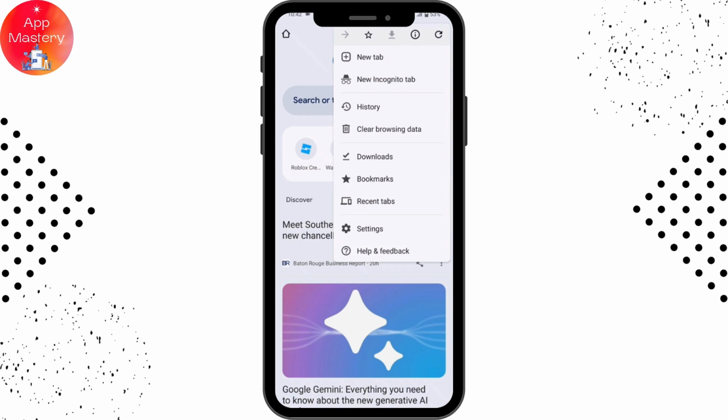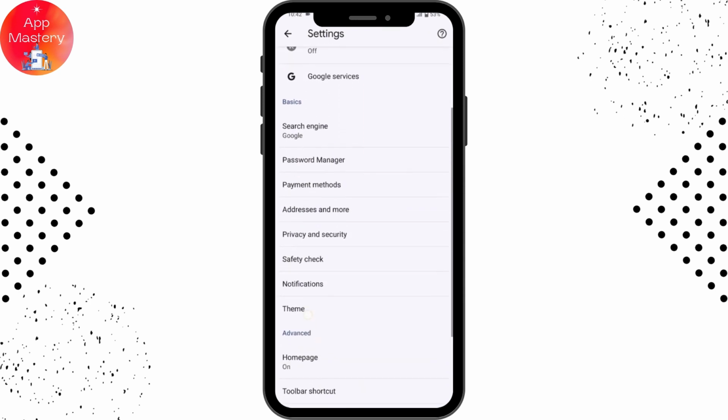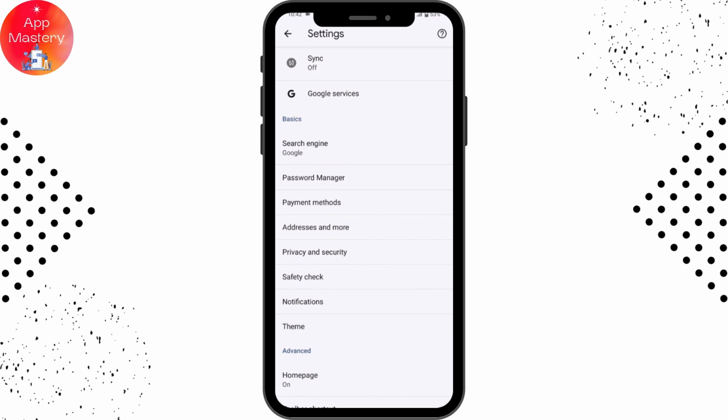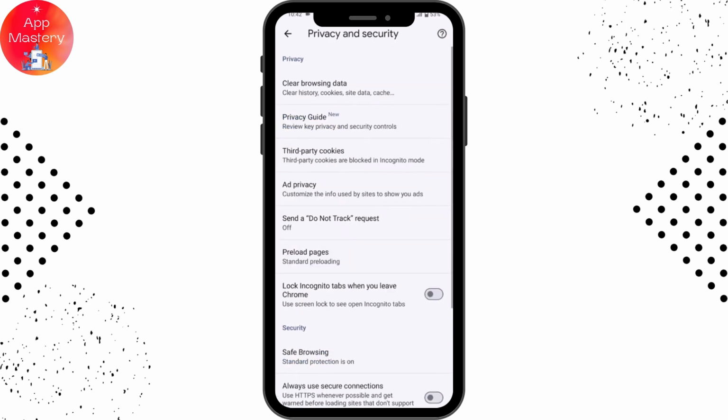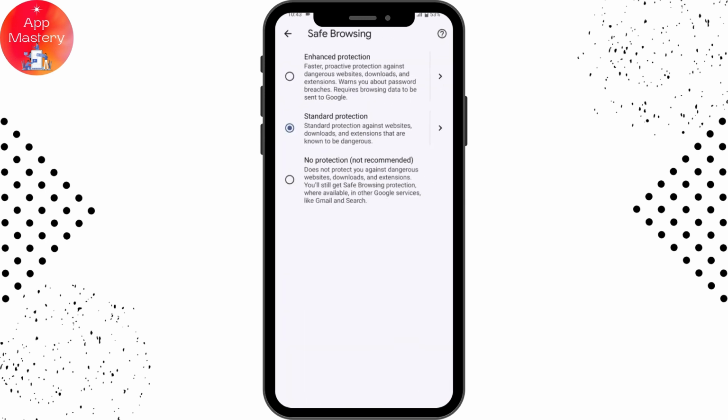Tap on that, and then you will have the settings option. Tap on settings, and under your settings, if you scroll down here, you will have privacy and safety, right? Tap on privacy and safety, and under that, if you scroll down under security, you will have safe browsing. So tap on that, and here if you want to turn off the safe search filter in Google Chrome, then